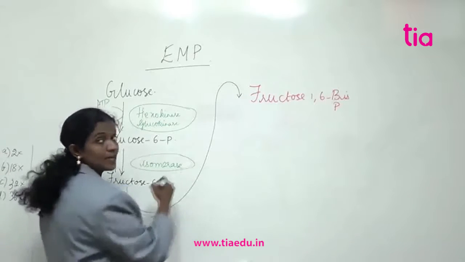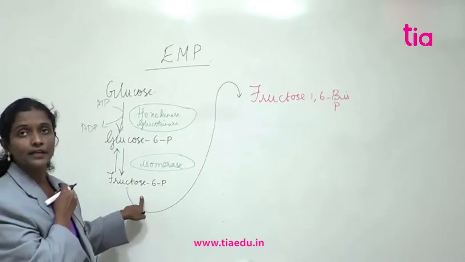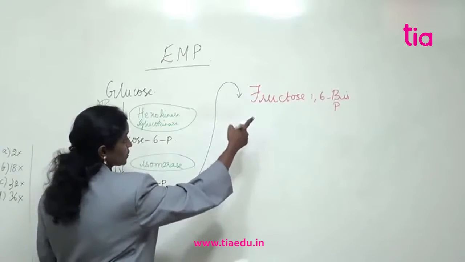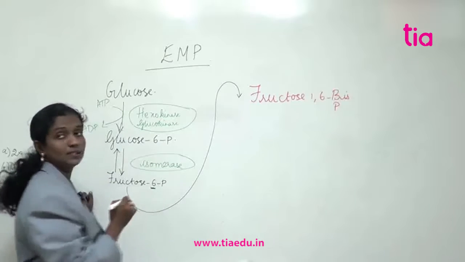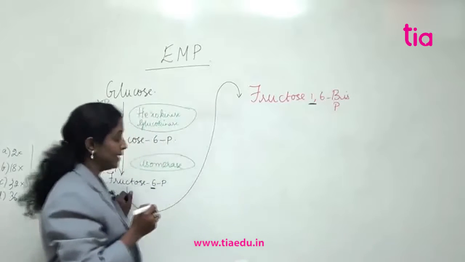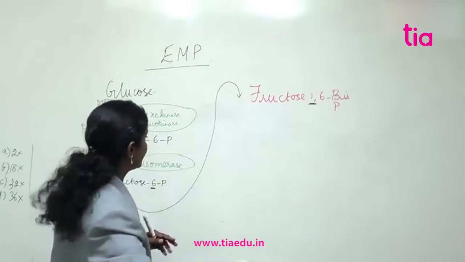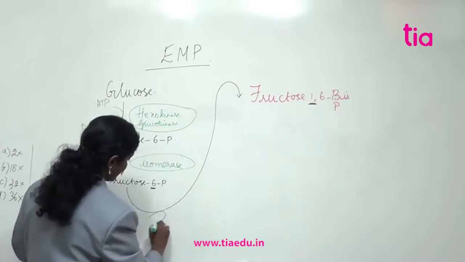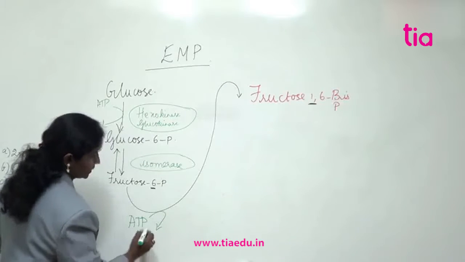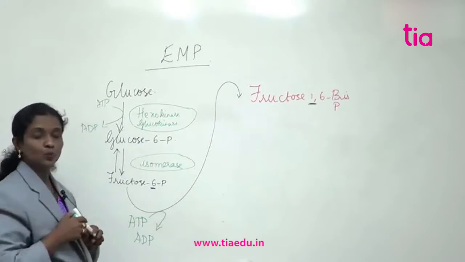Again, for this reaction, there is one more addition of an ATP molecule, one more addition of a phosphorus group. You can see that phosphorus is present only in the 6th position, so there's one more phosphorus to add in the 1st position. Thereby it requires one more ATP like this one. Let us show the ATPs in green color. ATP is going to come and donate the high energy phosphate to fructose 6-phosphate to become fructose